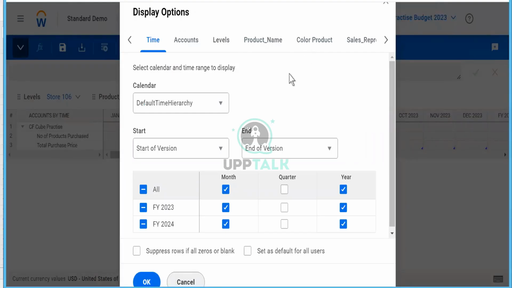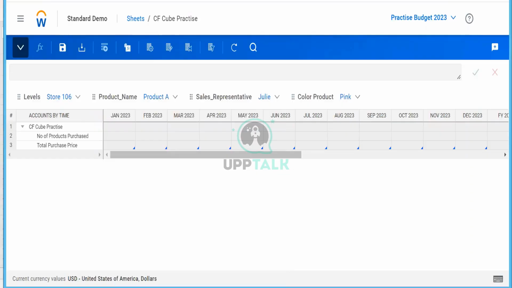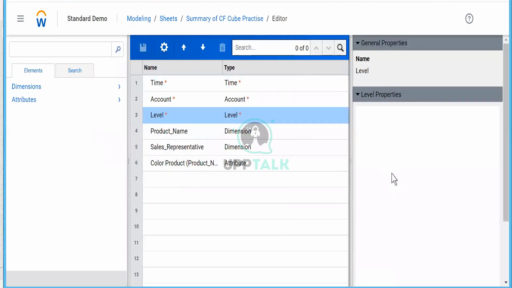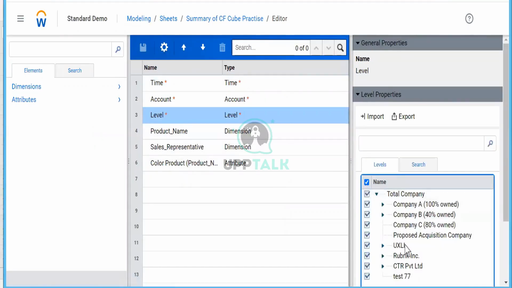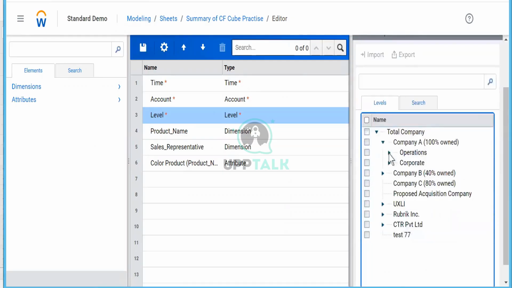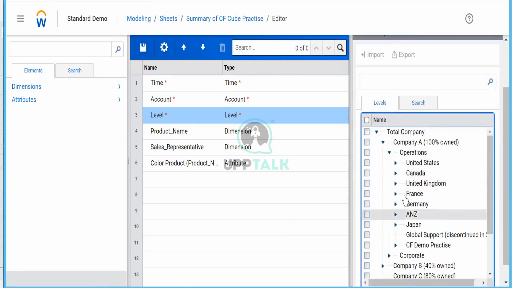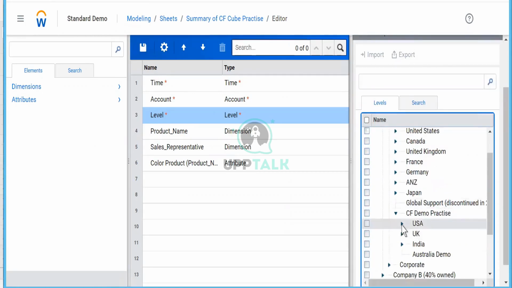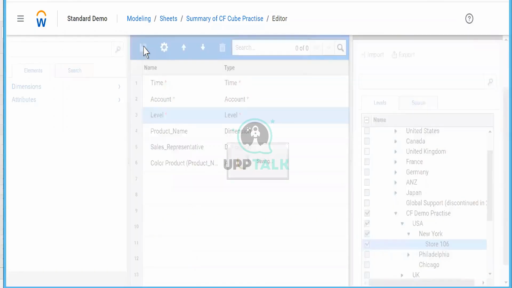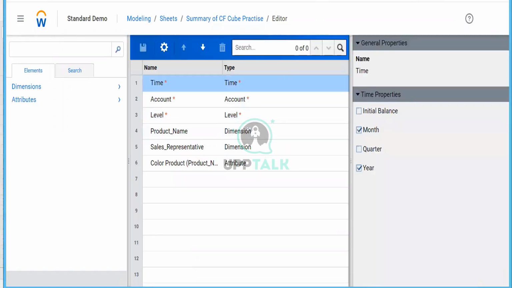That is from the front end, and now how you can do it from the back end. Suppose I want to restrict from the back end that this sheet should only be visible for this level. Let's do it right now. Let's do it for Chief. It should only be visible inside store vendor 6. I will click here and I will click this. I will now refresh the sheet.